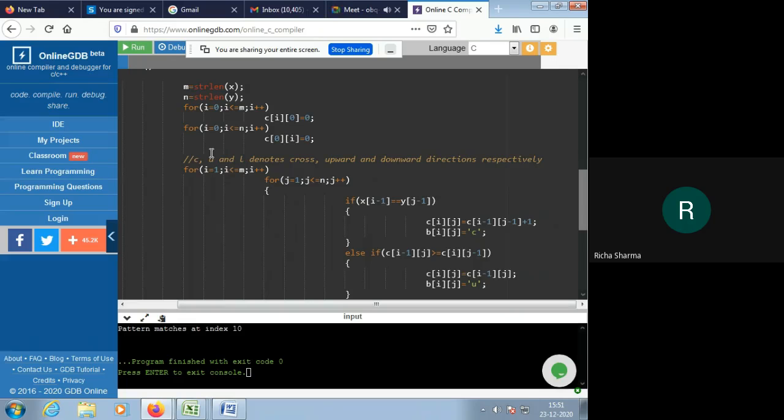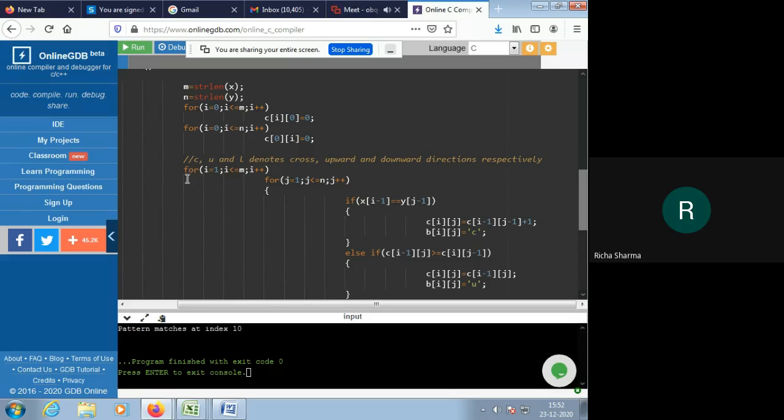But here, for representing that diagonal arrow, we are using the symbol C. And if the particular characters in both the strings do not match, then we compare the entry in the cost matrix of the upper location and the leftward location. Whichever value is greater, we will put that value in that particular location of the cost matrix. All these things we have discussed in our theory lectures also.